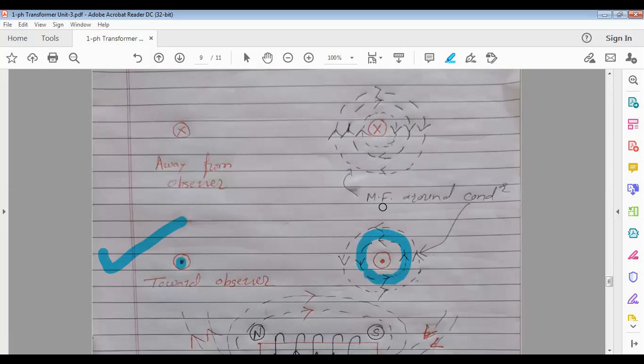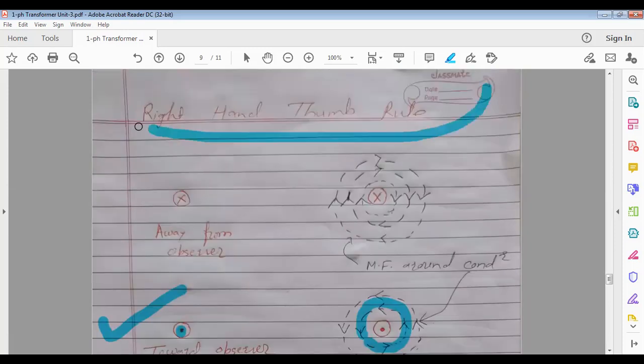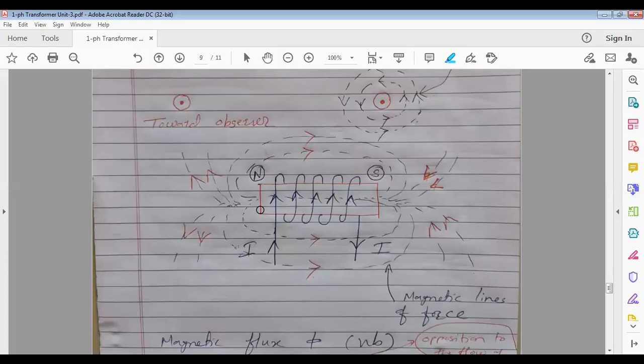So the right hand thumb rule is used to find out the direction of magnetic field produced around a current carrying conductor. Now this one, here is the reverse case. You can take any magnetic material, suppose silicon steel, cast iron, or cast steel, and around it you wrap one coil. If you observe here, whatever the coil is wound, I think it is in a clockwise direction. So wrap the fingers in clockwise direction. Your thumb is pointing toward left, this side. See, apply the right hand thumb rule here. Your thumb will point this side.